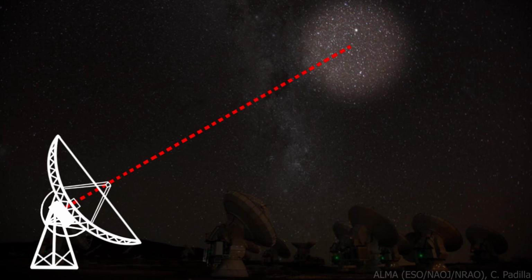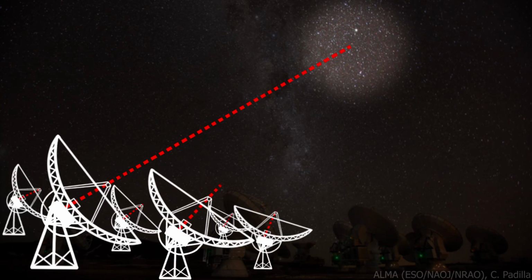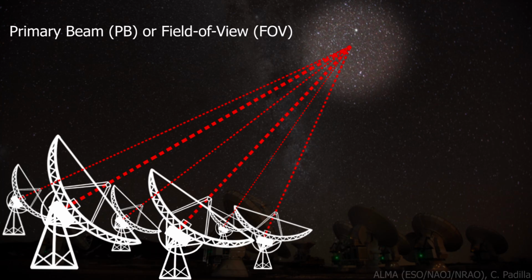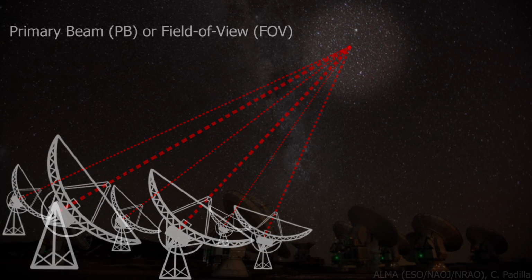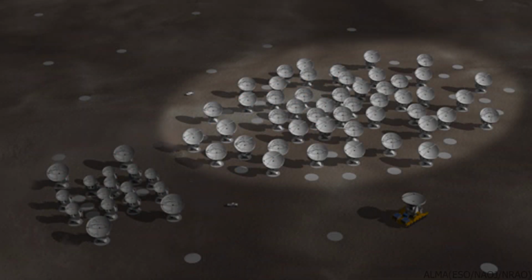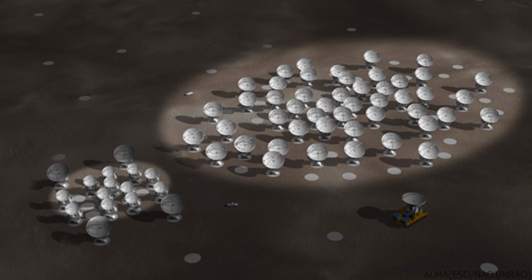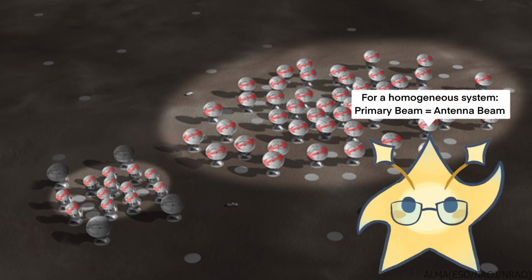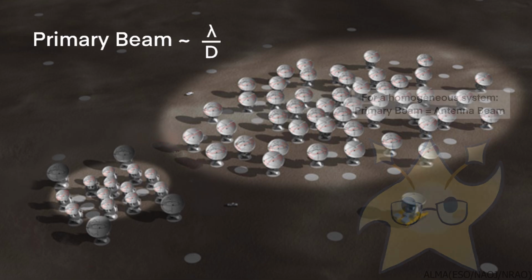We have just been talking about a single antenna. For an interferometer, the combined beam patterns of all the antennas form the response of the array, called the primary beam, or field of view. For a homogeneous array, like the ALMA 12-meter array, or the 7-meter array, where all the antennas have the same diameter and optics, the primary beam of the array is identical to the antenna beam, and is simply expressed as being a function of lambda over D,